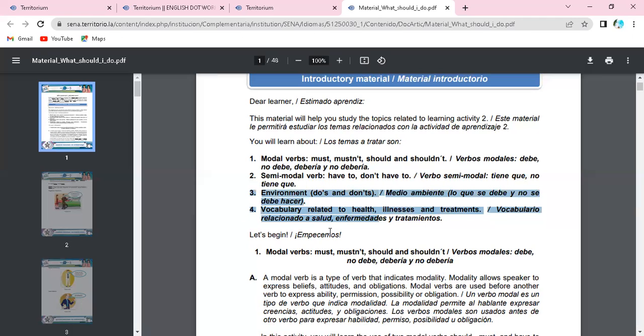Para que puedan desarrollar las actividades, pero en el caso de estas dos, esto es vocabulario relacionado. Para que ustedes lo revisen, van a encontrar que, por ejemplo, acá encuentran mucho de lo que van a realizar en la actividad de rubbish, en la segunda parte. Y relacionado con health, illness and treatments, ahí en la primera parte, ¿cierto? Había un señor ahí como enfermo, entonces hay aspectos relacionados.